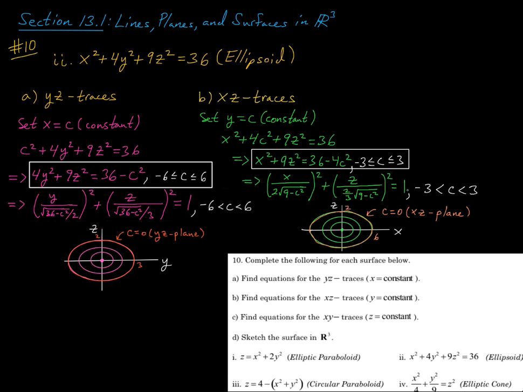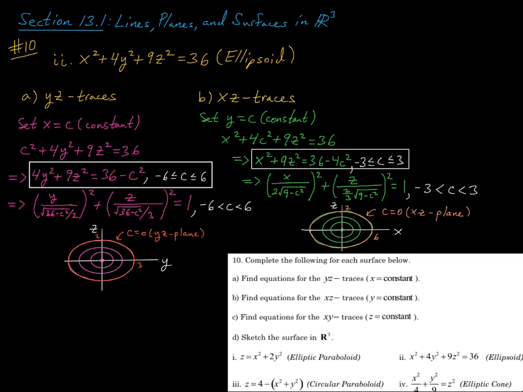An ellipse centered at the origin, and the semi-major axis, that'd be 2 times the root of 9 minus c squared. So notice when I take the square root of the 36 minus 4c squared, this 4 can be factored out, and it can jump out of the root as a 2, so I'm left with a root of 9 minus c squared there. And then I'm going to get the root of 9 minus c squared, and then a 2/3